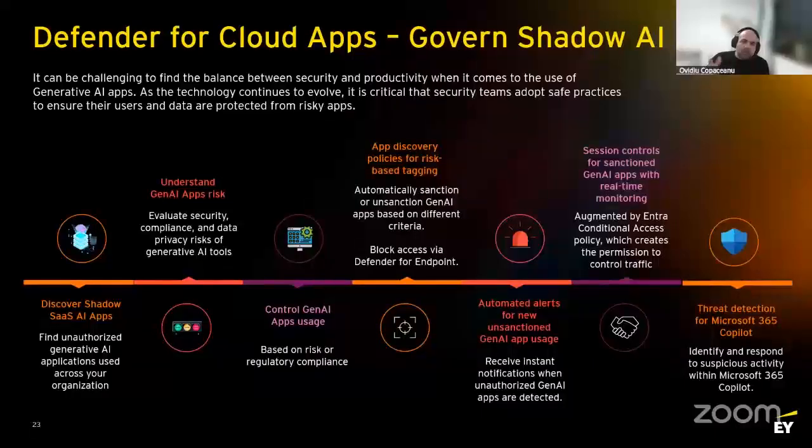On top of that, to avoid manually unsanctioning each app that we don't like, we are creating an app discovery policy for risk-based tagging, which automatically sanctions or unsanctions a Gen AI app based on different criteria, and it works together with Defender for Endpoint. So, for example, the integration with Defender for Endpoint must be enabled. We need to have Defender SmartScreen enabled, as well as the network level protection set to high in order for this to work. And where our use case is ending, we are getting an alert as well, where a